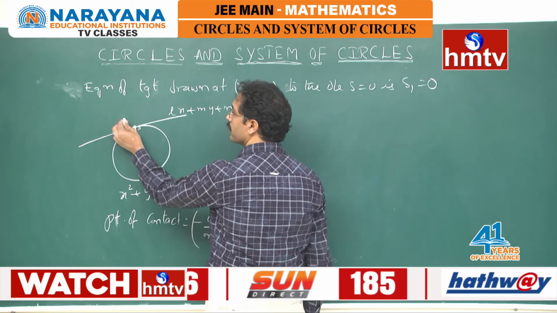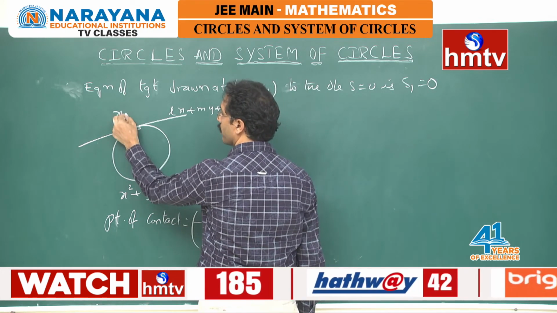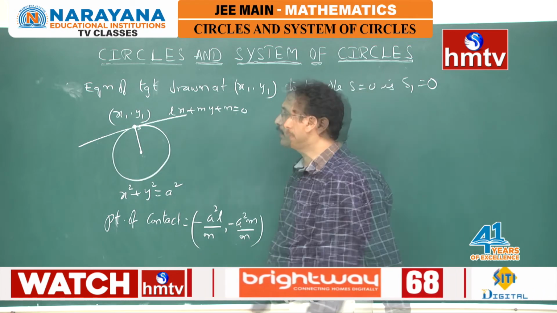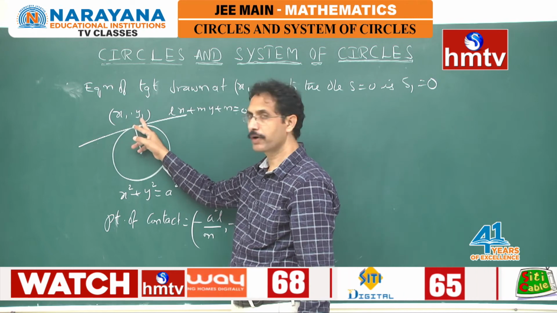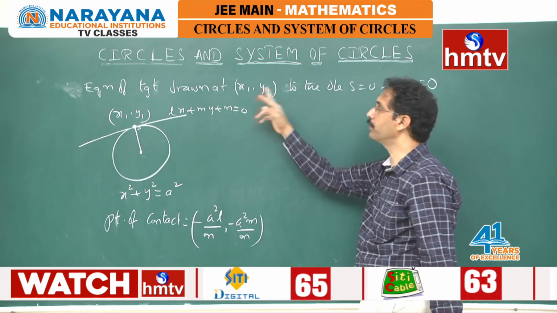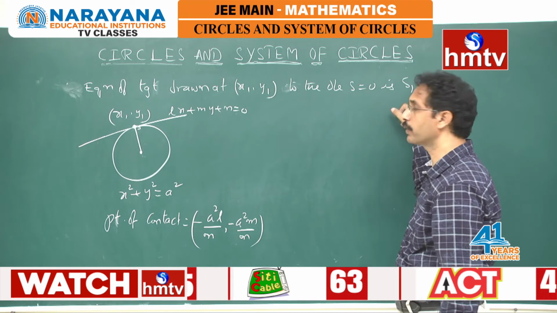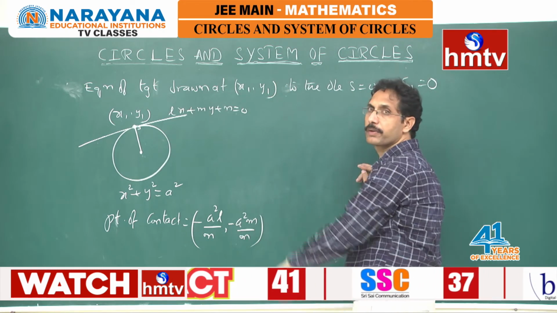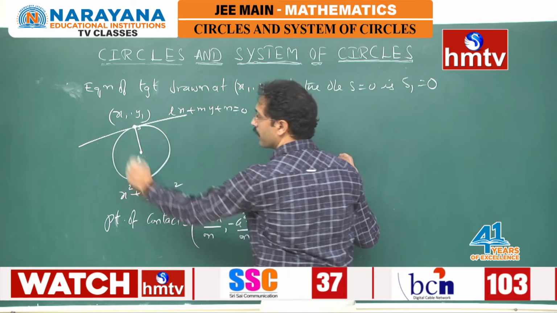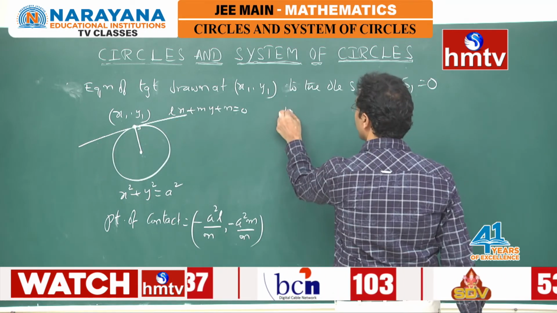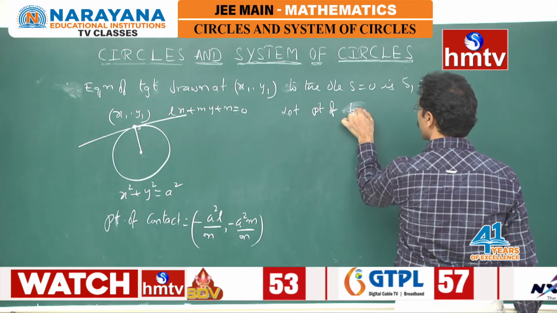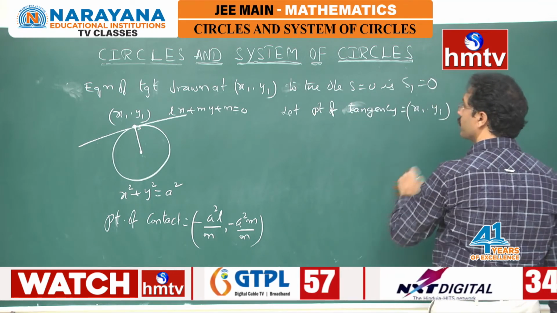We assume that this point of contact is x1 y1. Then, if x1 y1 is the point of contact, the equation of the tangent at x1 y1 is S1 equal to 0. That means for this line, by the previous concept, the equation of the tangent will be S1 equal to 0. So, let the point of contact, that is the point of tangency, be x1 y1. Then the equation of the tangent is